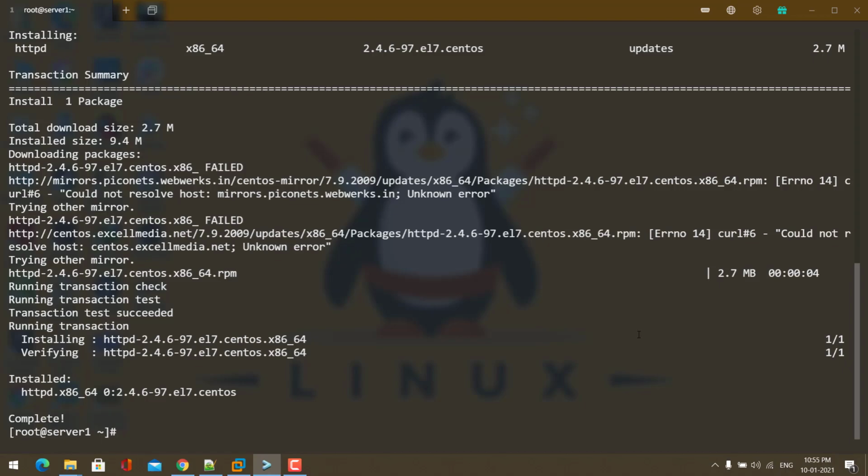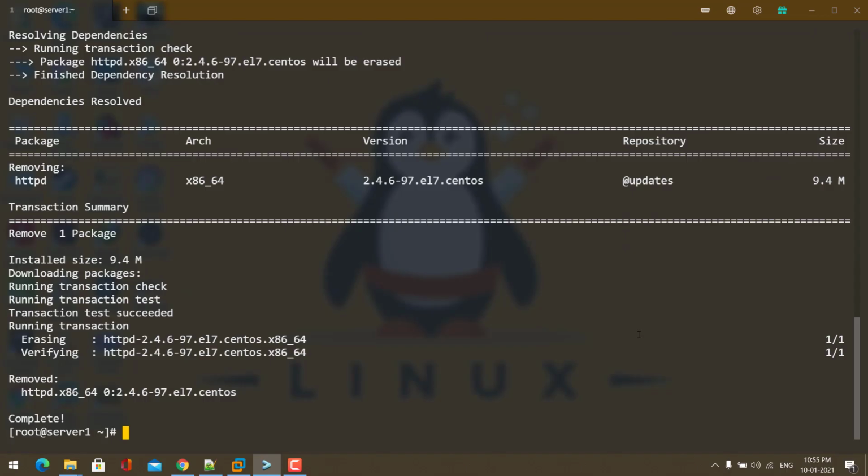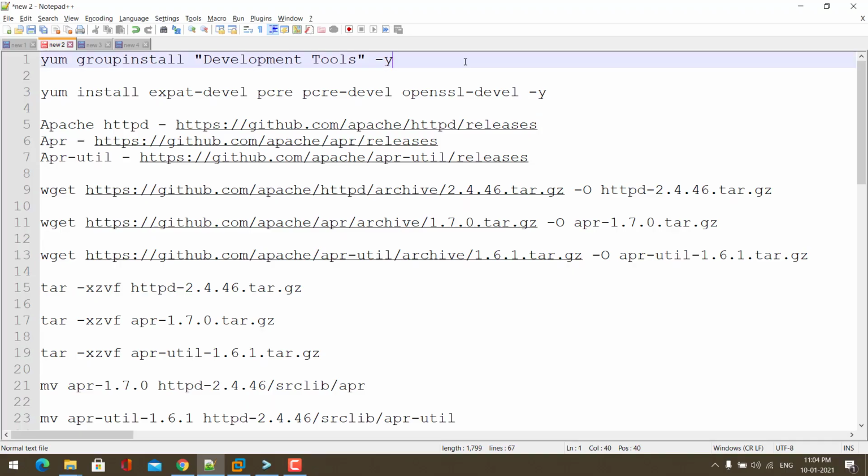Before that, I want to remove Apache using the yum command. Here I have a notepad with the commands I am going to use in this video. I will also put this notepad in my Google Drive and give you the link in the description.